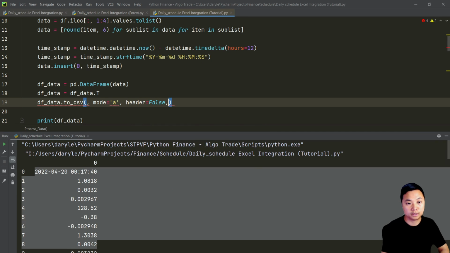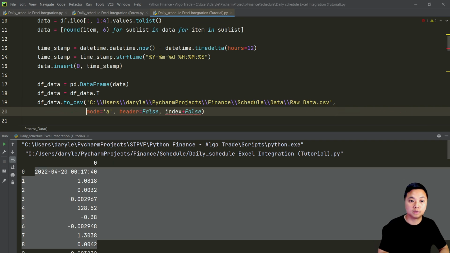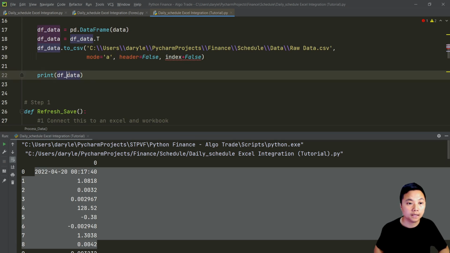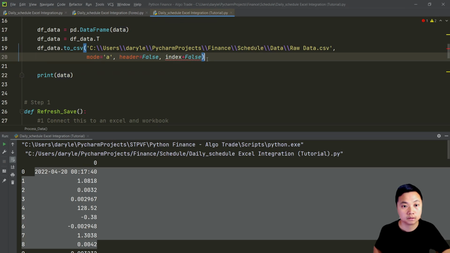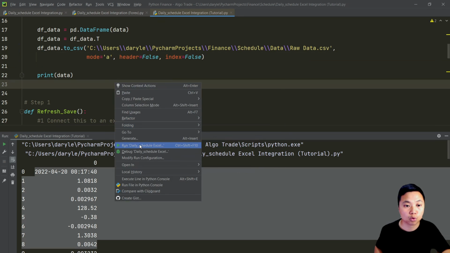We do not have a header, and we do not have an index. And then the path that I would like to save to is over here. Oh, this is a typo. And then if I run this program,